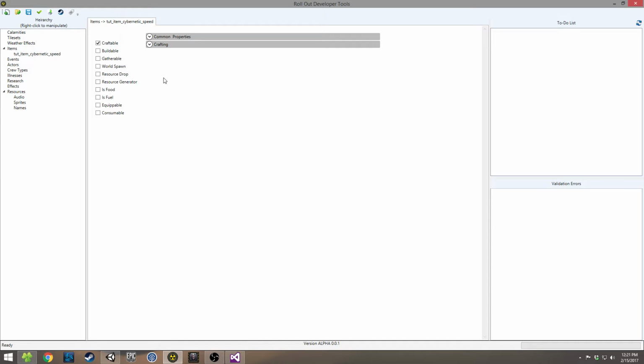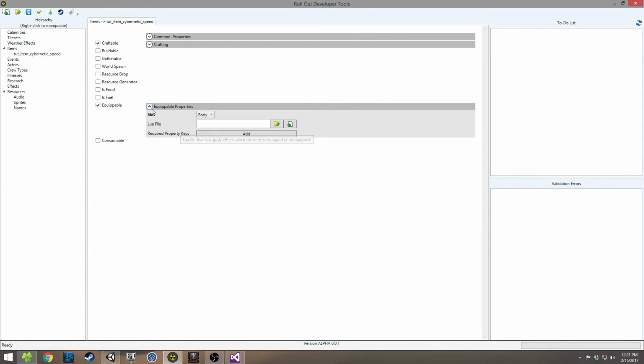The last thing that we're going to need to do is to actually make it equippable. So we have a section down here that is equippable, and we just check that. We get our equippable properties, and we're going to expand that. There's only 3 fields in here. Slot is where it's going to go. So we're just going to make this a head slot item. I suppose for speed, legs might make more sense, but for the image, we're just going to go with a